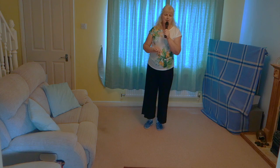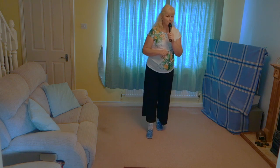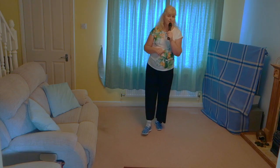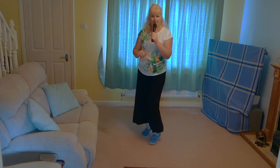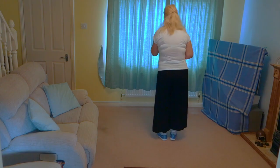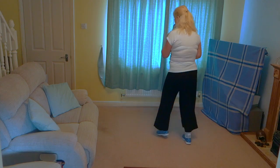Now your restart comes on wall 9, which is also your 12 o'clock wall. Halfway through, after 16 counts, you will have just done your run, run, runs, and you restart. Let's take you up to 16 counts, wall 9. Touch and heel, off on the right. 7, 8, touch and heel and